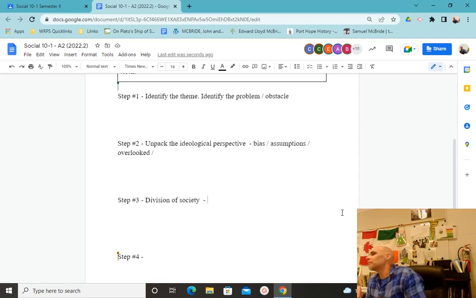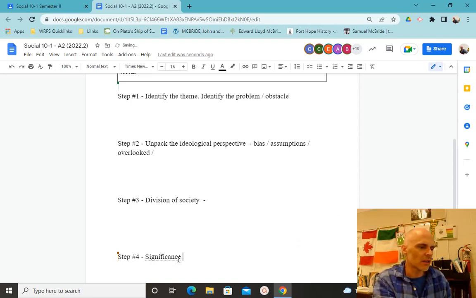One last, and it's not a huge step that you guys are forgetting. Yes? Yes. Before we say this is how we solve the problem, we have to say this is why we have to solve the problem. Right? And again, sometimes maybe that sentence is earlier in your analysis paragraph. But we want to talk about the significance. We want to talk about, if left unaddressed, the problem that is expressed within the source could lead to something.